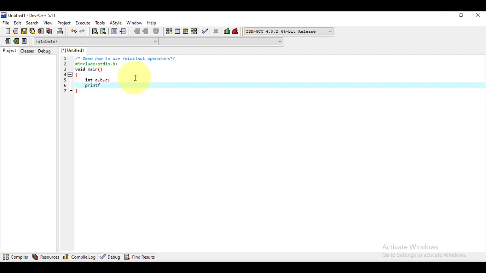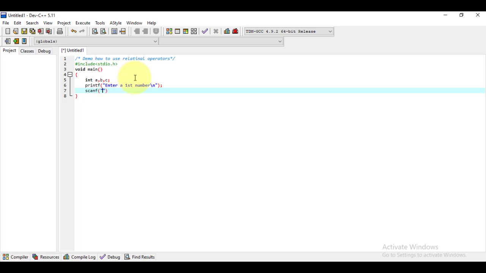So here I am displaying a message for the user to enter a number, say first number, then put the backslash n escape sequence, and at the end put the semicolon to terminate the statement. Now use the scanf function to read the value.